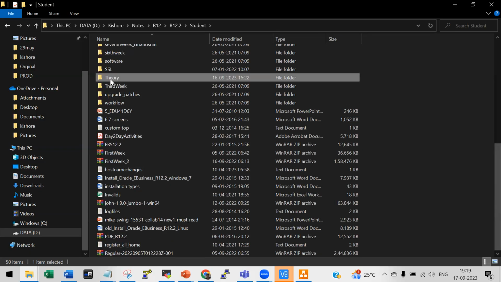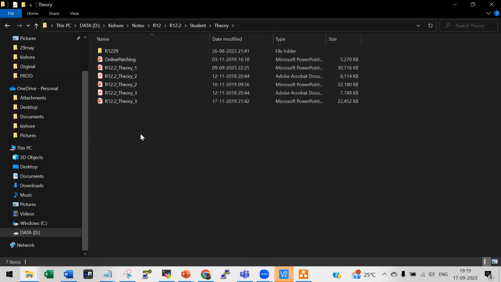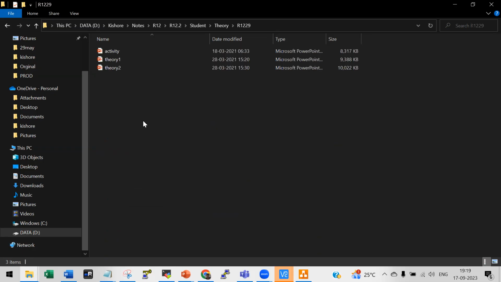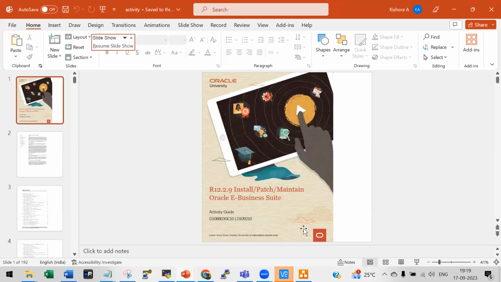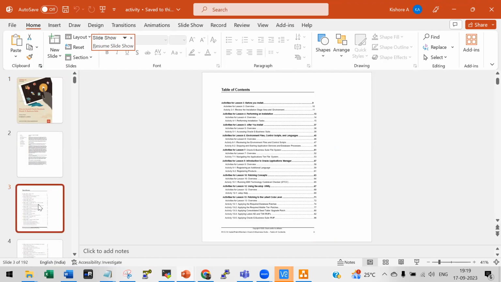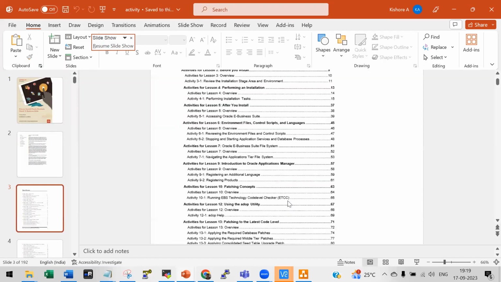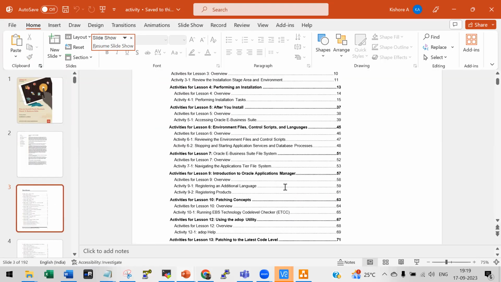I'll be sharing it with you. We'll be covering theory 1, theory 2, and theory 3 also is there, plus one activity guide will be there. Yeah, this is a beautiful activity guide. See, 12.29 is almost the latest, and there are so many activities, like for example, if you see,